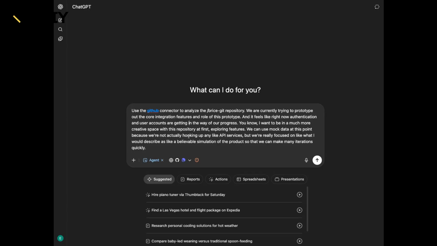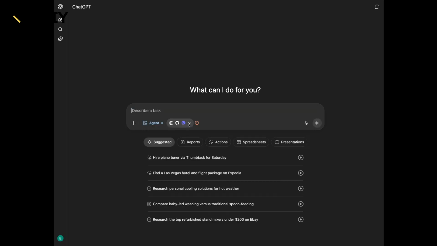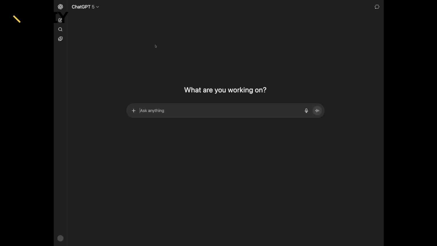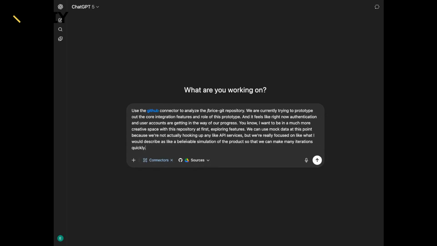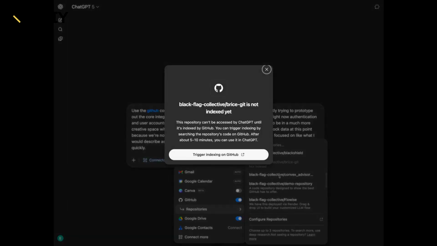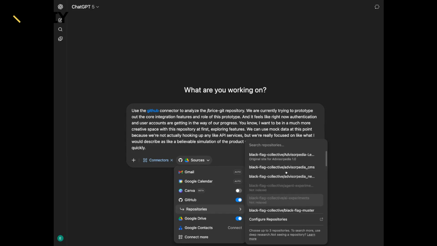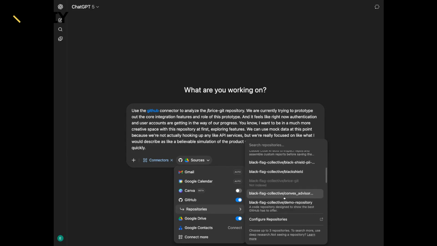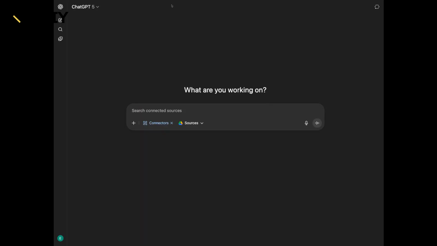So actually, let me do this. I'll copy the whole thing, refresh. Let's see if it pops in here. And so I'll go to the sources, not indexed yet. Come on. Some of the other ones actually are indexed. Have you tried just refreshing the page straight up? Like maybe it needs to sync to the back end that thinks it's indexed. Let's see, refresh.